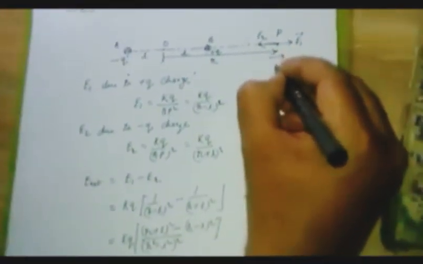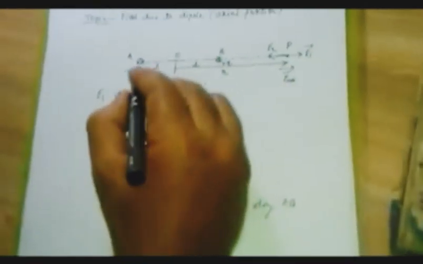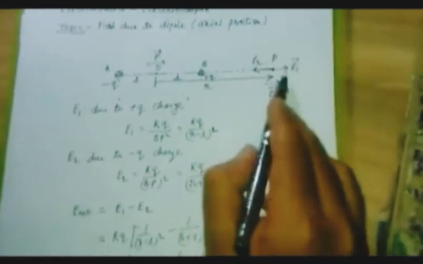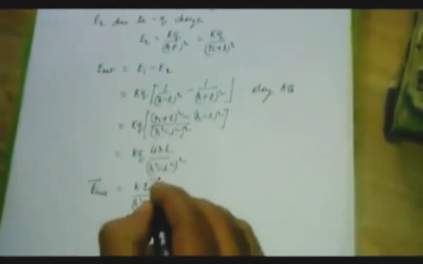Now we can see this is the direction of the net electric field at the point. The dipole moment is also directed from the negative to the positive charge. This is the dipole moment direction. So both have the same direction, the resultant electric field and the dipole moment. If you put the vector sign, the electric field is in the direction of the dipole moment vector. So the final expression will be E equals k p r divided by r square minus l square whole square.